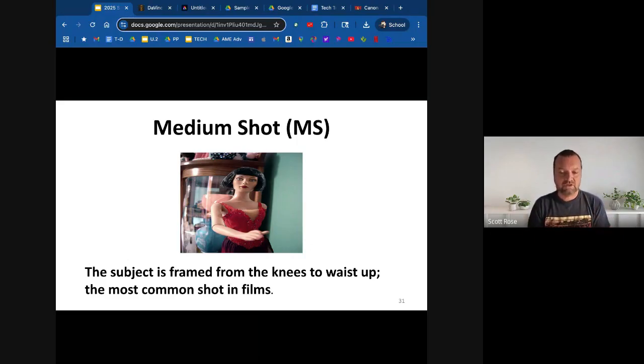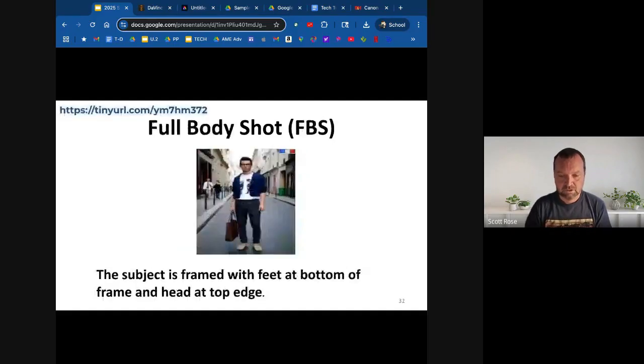But it's a good middle ground. So when in doubt and you have an interview scene, use a middle shot, or medium shot, I should say. A full body shot is when you want to frame the entire body because the entire body is telling the